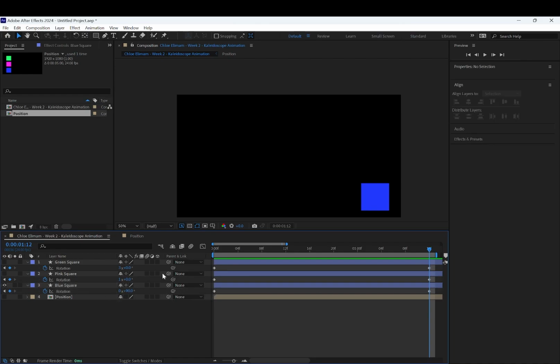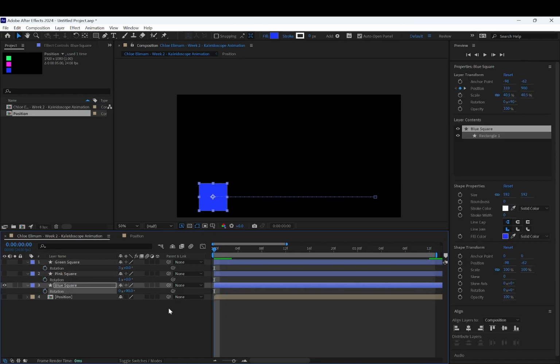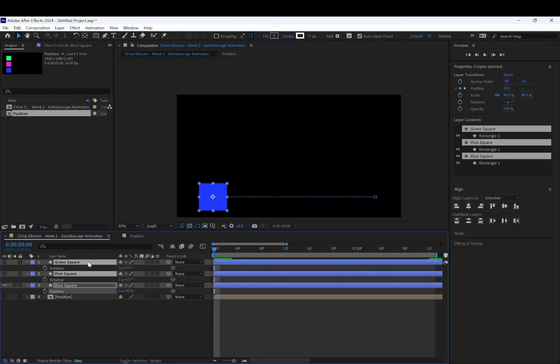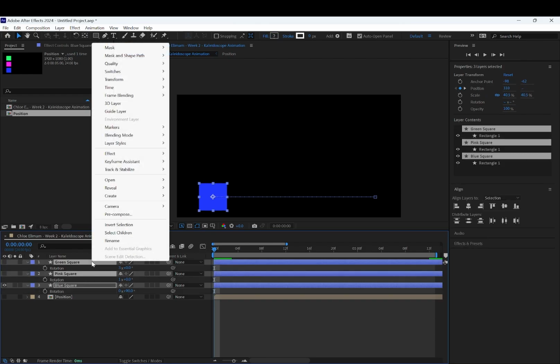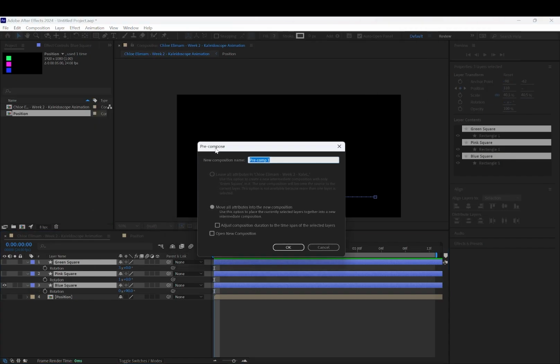Okay, let's clear out the rotation. I don't want those to rotate anymore. I'm going to select all of these, and I'm going to right click and say pre-compose. And it's going to come up with this pre-composition dialog box. I'm going to call that